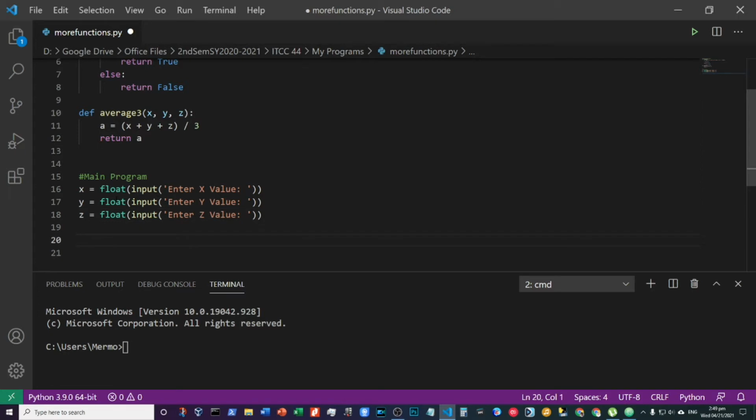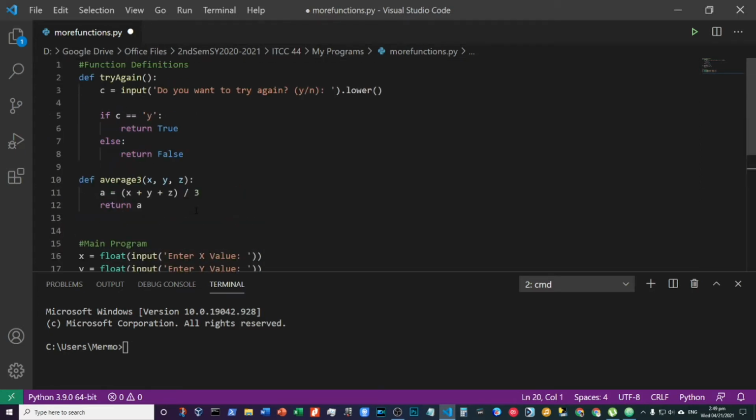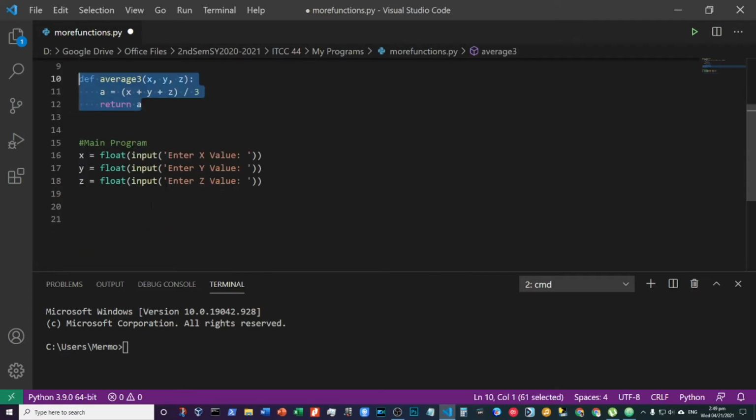So how do we use the average? Since this would only be returning a value, if you want to display that, what we can do is print. If you want to display something in our console, we need to print. So the average is